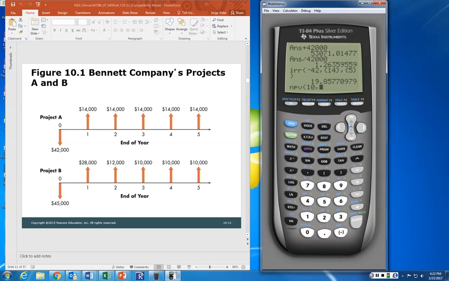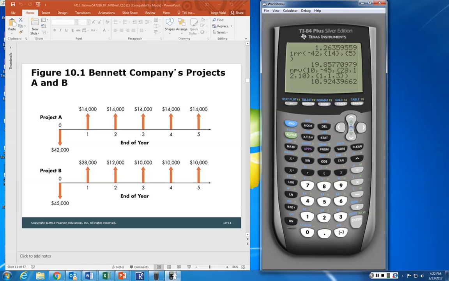And then for project B, we do Apps, Finance, NPV, we're using 10%, comma, the initial investment, which is 45,000, comma, now we can open the bracket, 28,000, comma, 12,000, comma, 10,000. Here you can do 10,000 3 times, or close the bracket, comma, new bracket, and then put the frequencies. 1 times 28,000, comma, 1 times 12,000, comma, 3 times the 10,000, close bracket, close parentheses,